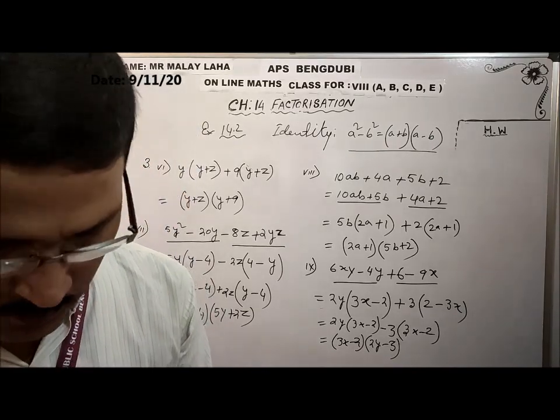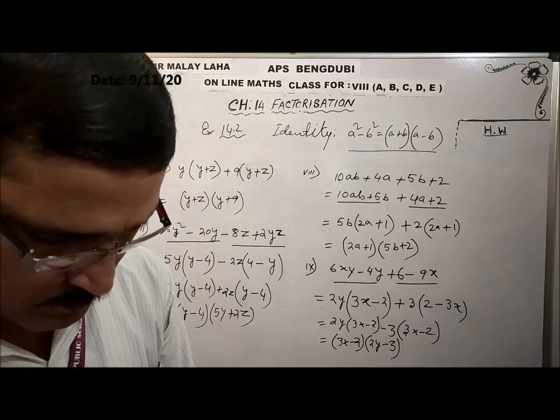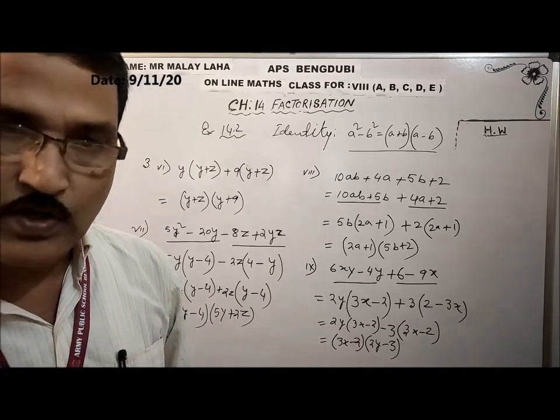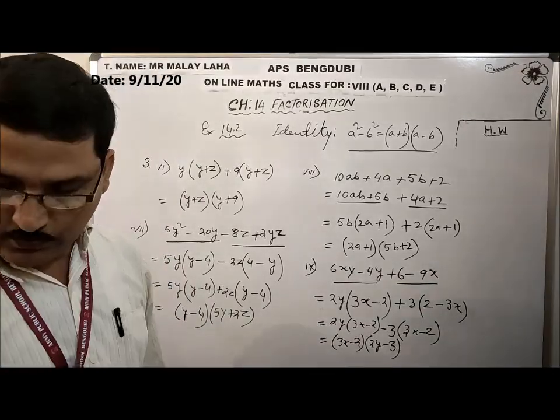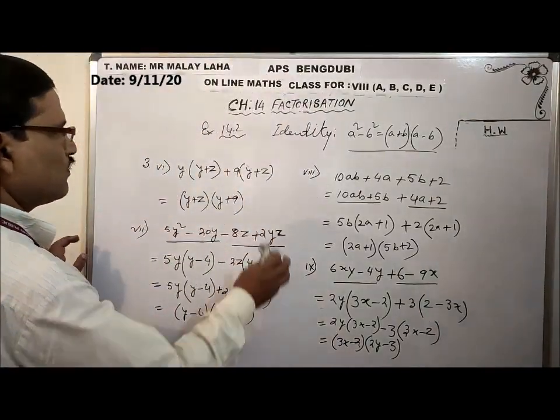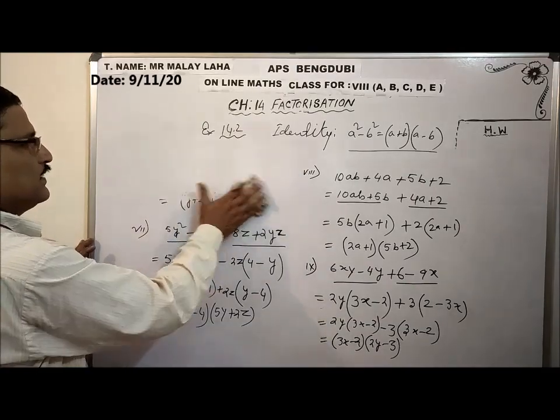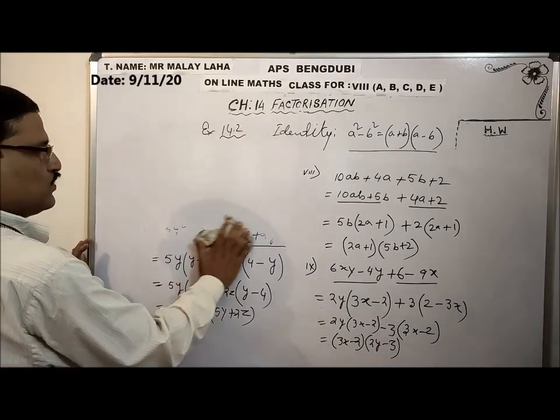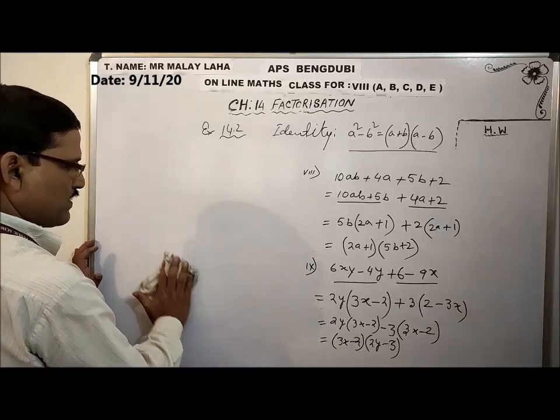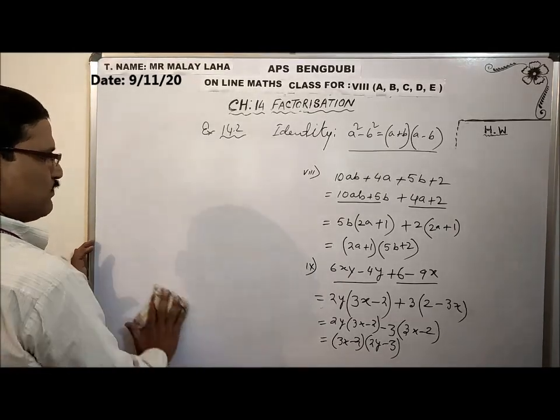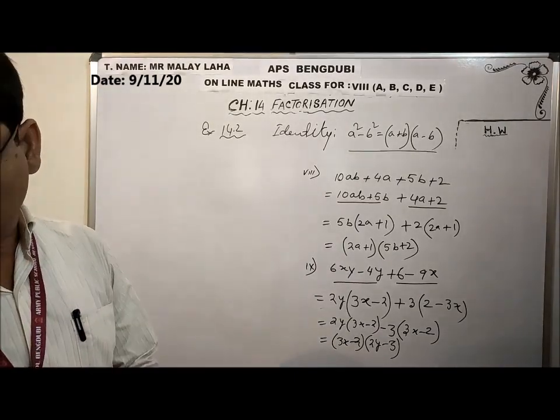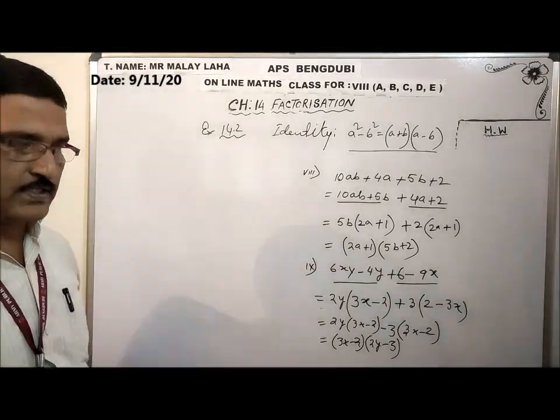Now, what will I do? One important area is there, so for this I will upload the video also. Clear? I will upload the video. You will come to know how to solve when the terms have multiple factors. We have already covered exponential form, when the number has a bigger power. So you have to reduce it. How to reduce? I am showing just one. The rest I will do next day.